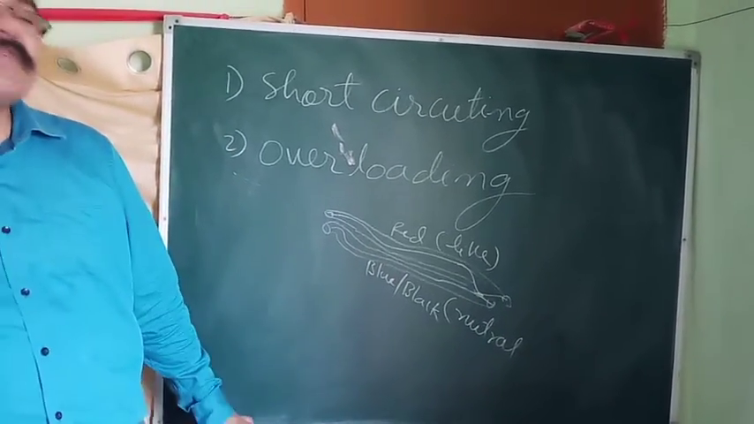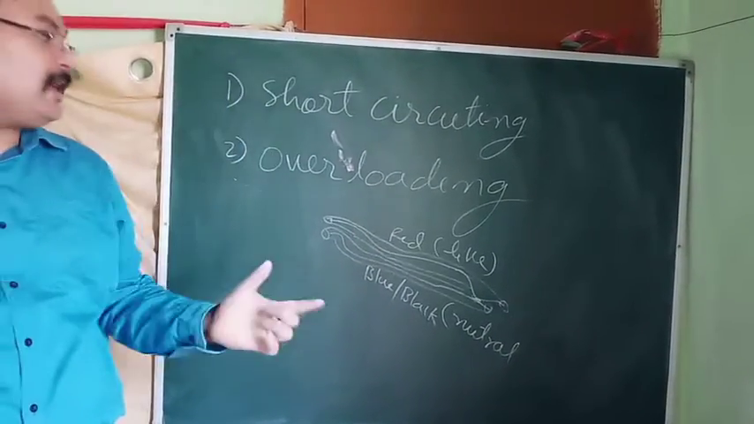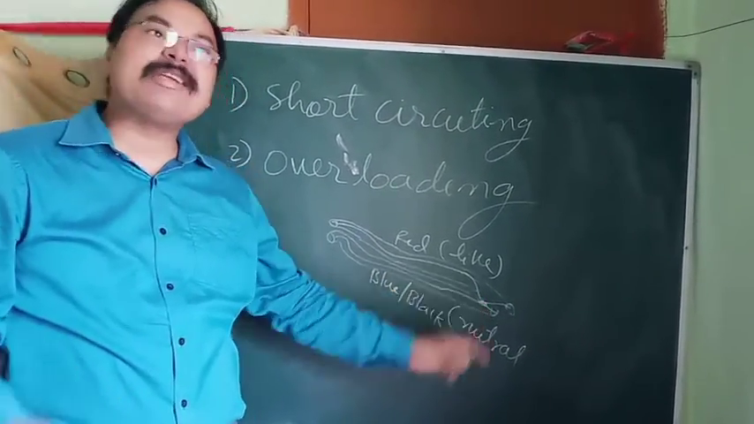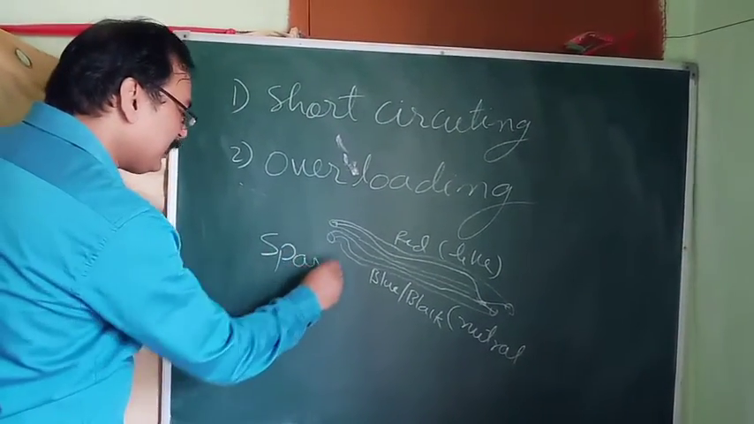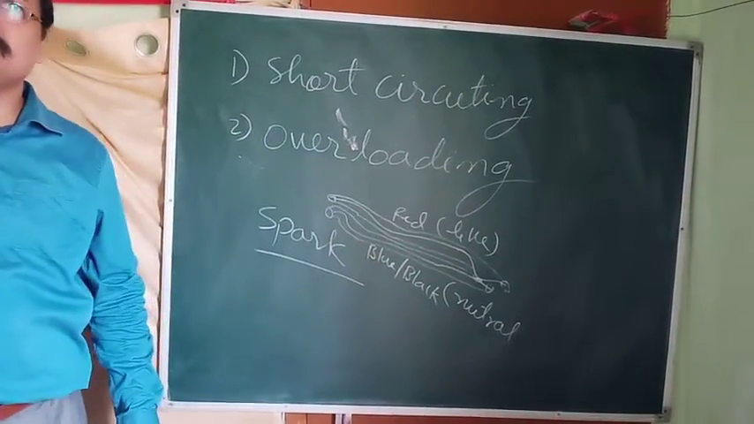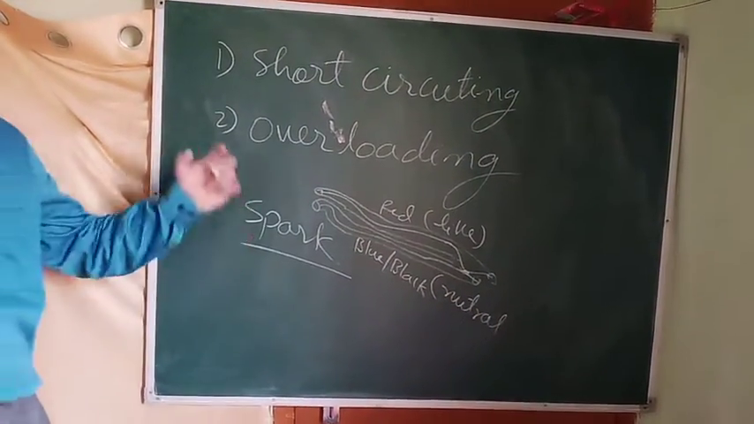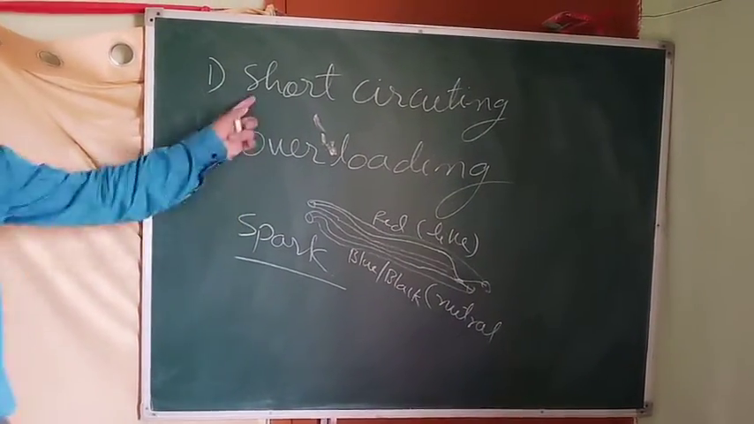When the resistance is very low, then the current flowing through them will be very high, and that huge current which flows due to this contact causes a spark, and it may cause fire also. And my dear children, the fire which is caused by this short circuiting,